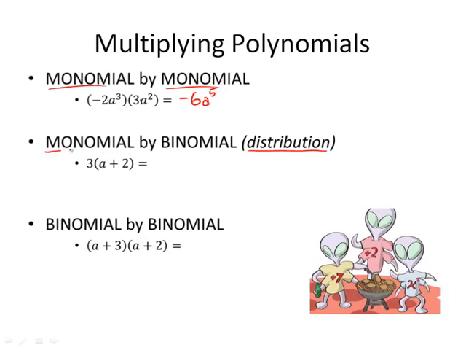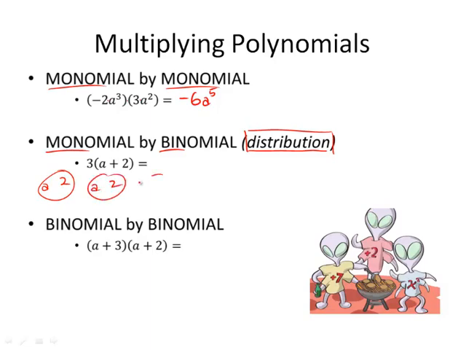So let's take a look at expanding that by taking a monomial and multiplying by a binomial. This is the distribution property. And to review the distribution property, think of it in this way. Say you have three groups of a plus 2. So if you draw that out, you have a and 2,